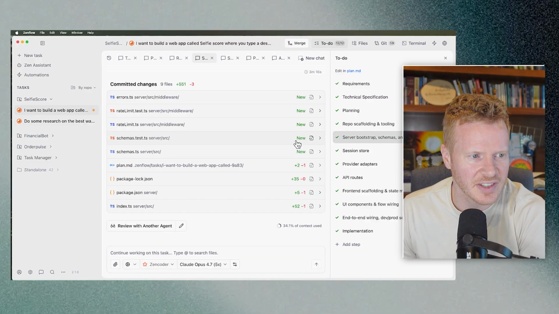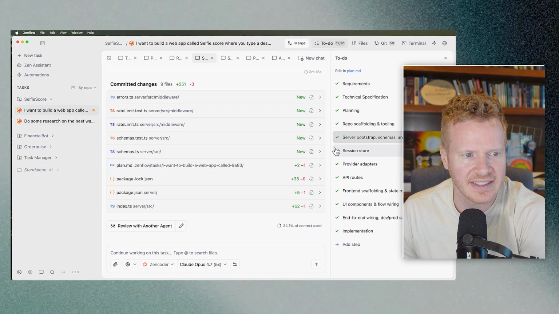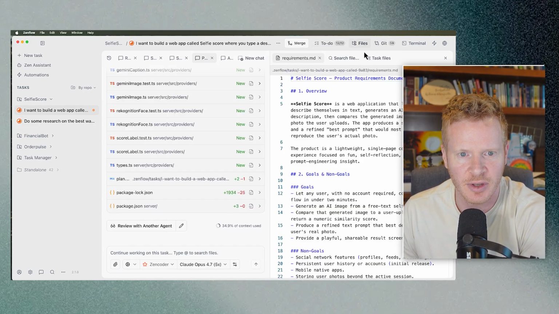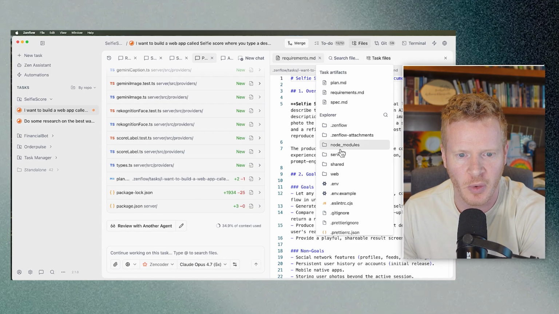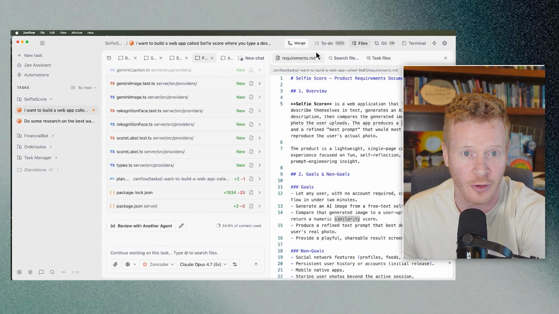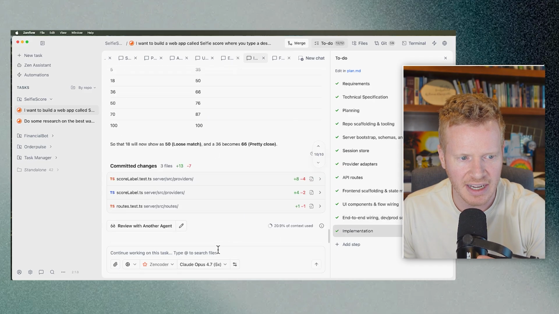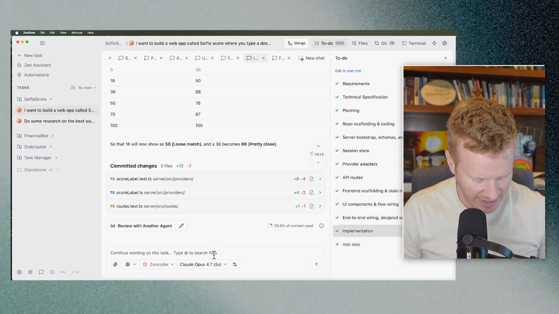All right, so I let this just auto run for about 20 minutes, and it got it all set up. It went through each of these. I turned on auto start, so it just went through all of these. You can see that we have created quite a few files now, so this is like a full project, and I think it is probably ready to go. So what I want to do is